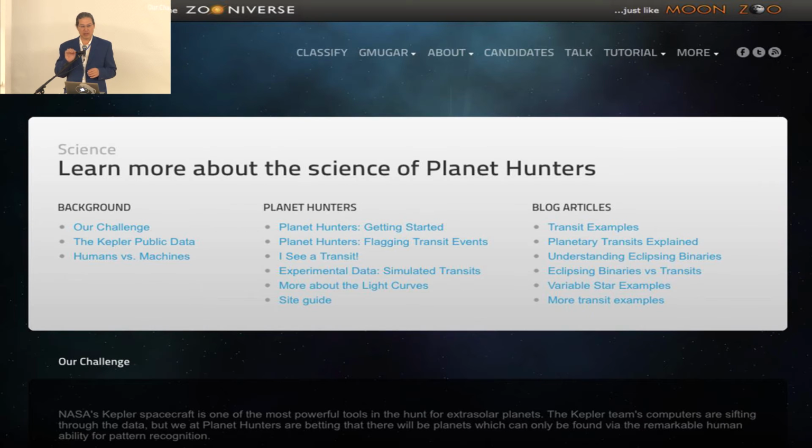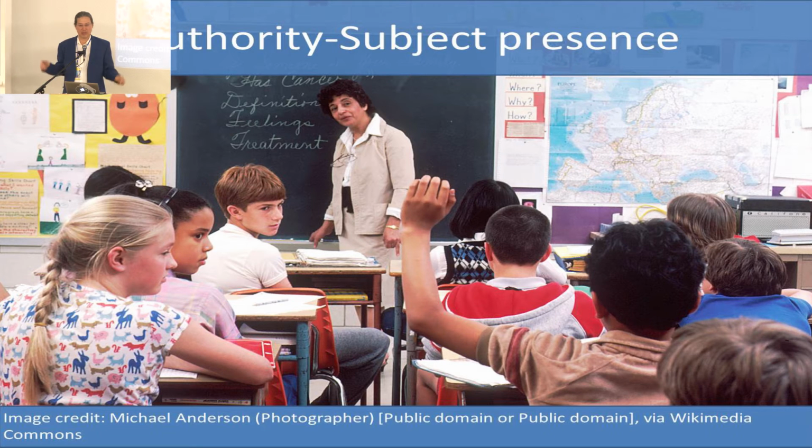So if you analyze how these things are working, this is what Sorensen, the researcher Sorensen, described as an authority-subject presence. So basically, there's an authority, me, at the front of the room, in this case, and then there are the subjects. That's all of you out there in the audience. If you think about a conventional classroom, there's sort of a distinction in the space where the teacher operates at the board. That's the teacher space, the place where the students are operating, the student space. And the spaces are then separated, where one of them is the authority, giving the guidance. The other is where the people are actually doing the work.